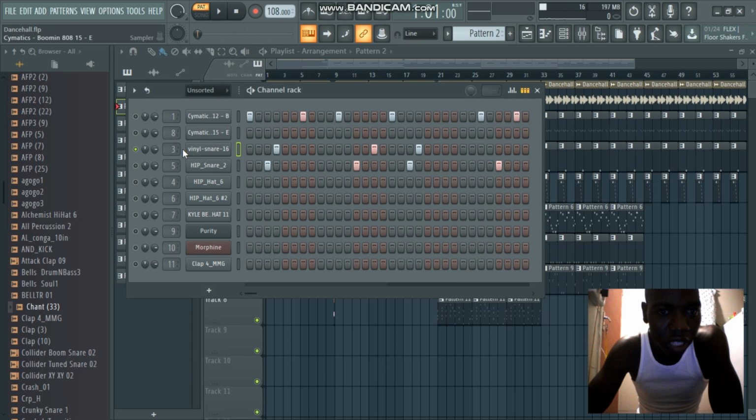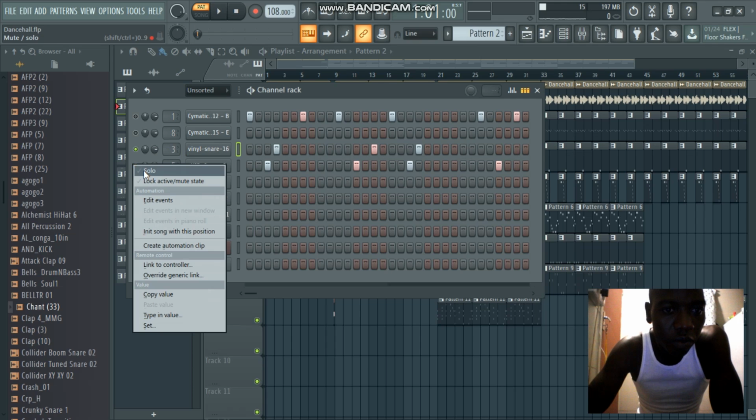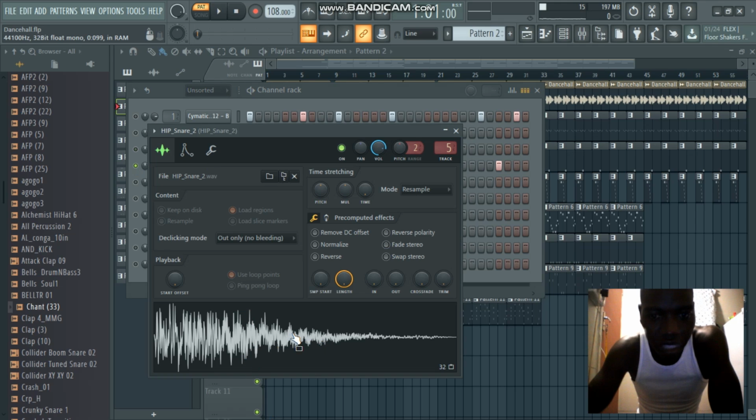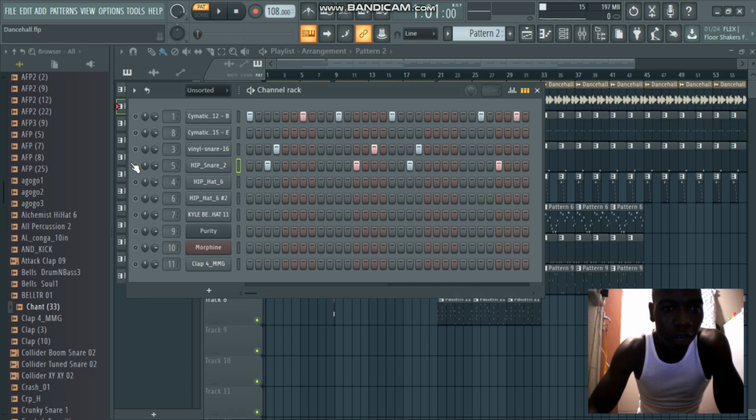Then after that I put this snare, this hip snare. It comes with FL Studio. I didn't do anything on this one. It sounds like this. Then after having this, I went on